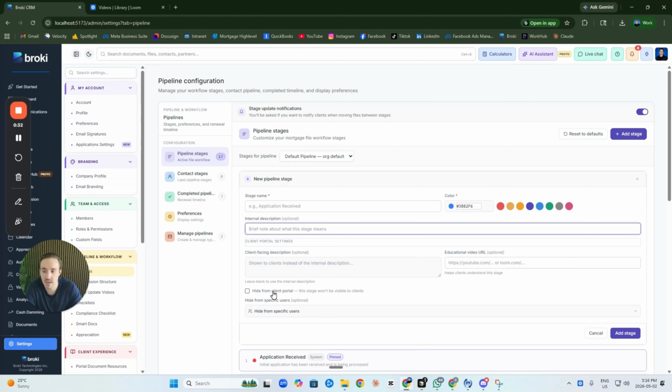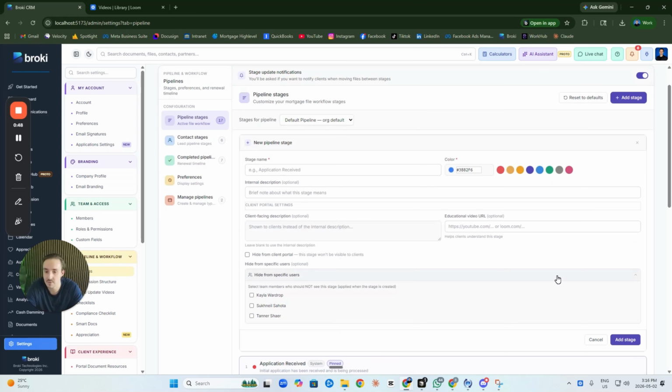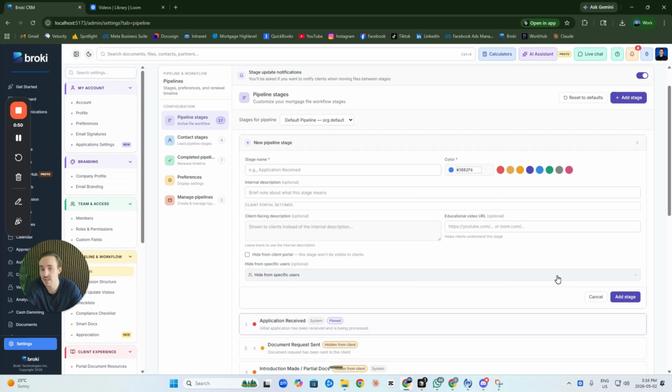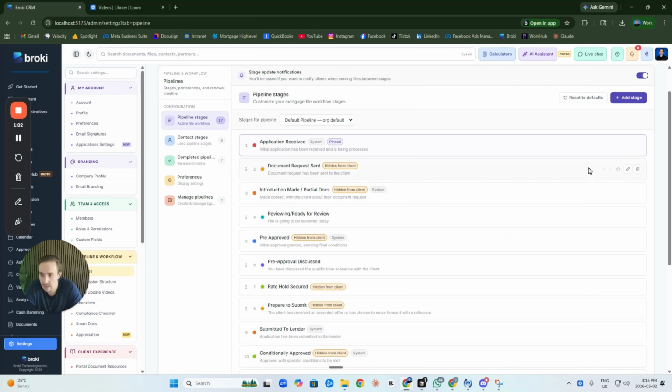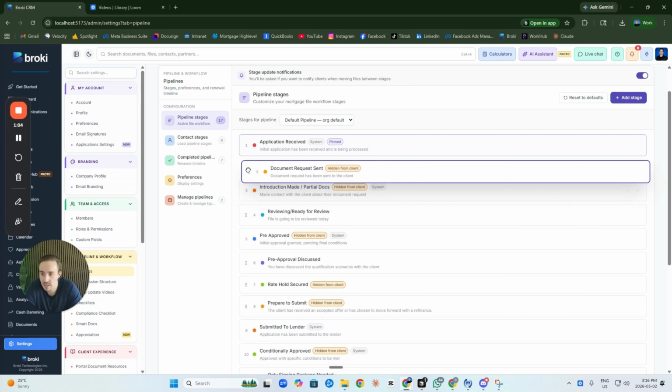color, as well as hiding it from the client portal, as there isn't a spot in the portal for the client to see what stage in the process they're at. So if it's something like a compliance stage where you don't necessarily want the client to see that, you can hide it from the portal there. You can also hide it from specific users if you have, say, some certain staff that are only responsible for files when they're at a certain stage in the process. You can then hide the stages that they're not responsible for, therefore they only see the things that they need to work on. So that's how you would add a stage, and then you can just reorganize them by dragging